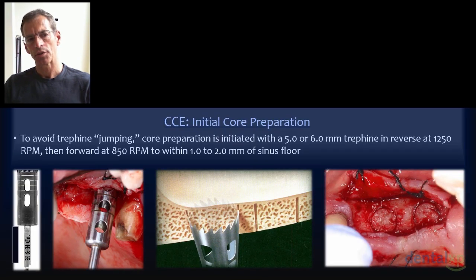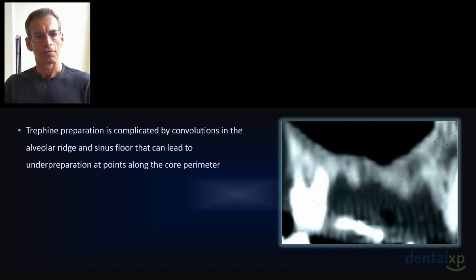For the crestal core elevation procedure, I will initiate my trephine preparation in reverse at 1250 RPM with a 5 or 6 millimeter trephine, then forward at 850 RPM to within 1 to 2 millimeters of the sinus floor. Now, this is a relatively safe, simple procedure as long as your ridge and sinus floor are flat. Trephine preparation is certainly complicated by convolutions in the alveolar ridge and sinus floor that can lead to underpreparation at